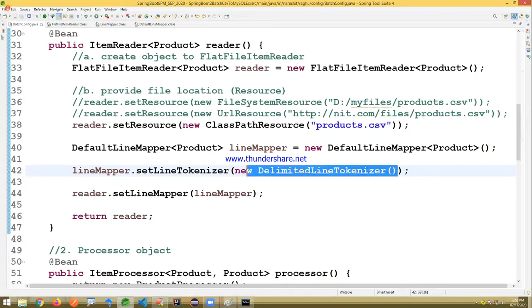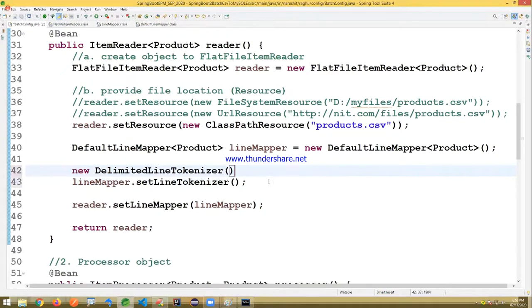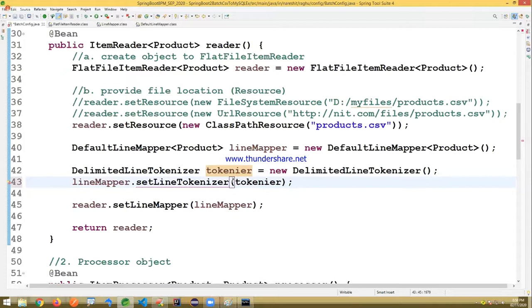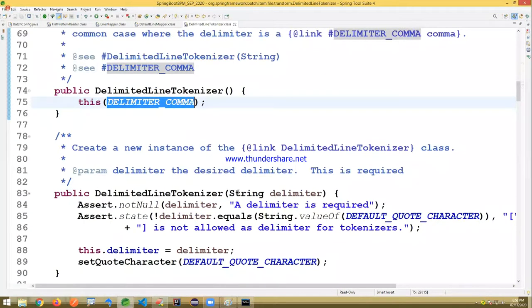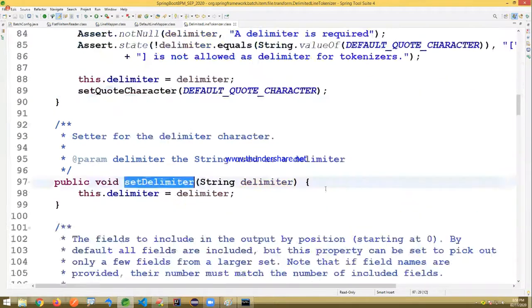Here we are writing, observe carefully, it's a delimited line tokenizer. The default delimiter is actually comma, so you need not set it separately here. Set delimiter if you want. The default delimiter is comma here. You can just use the same here. That's fine.